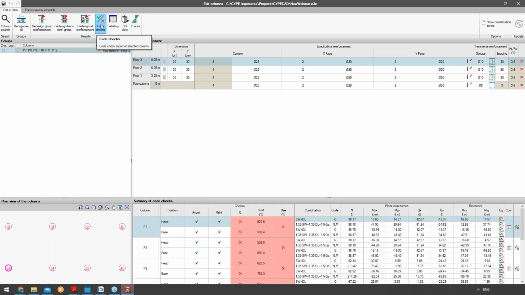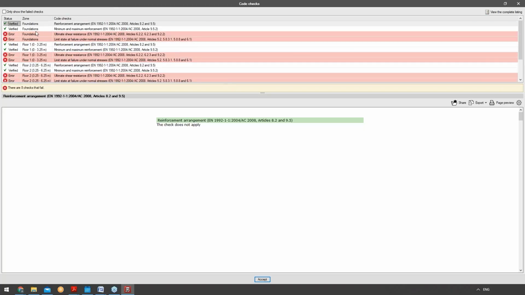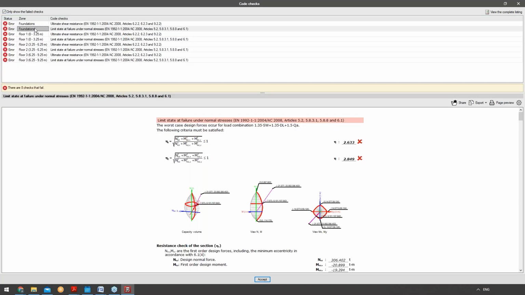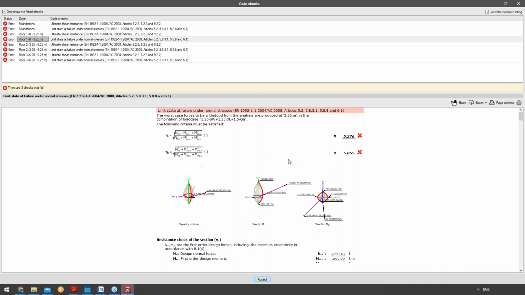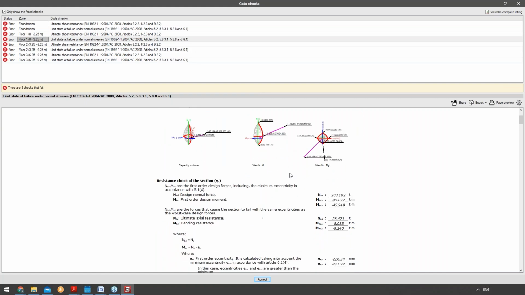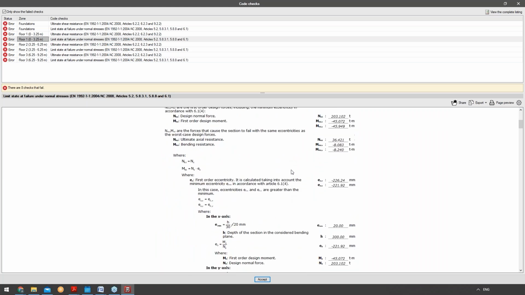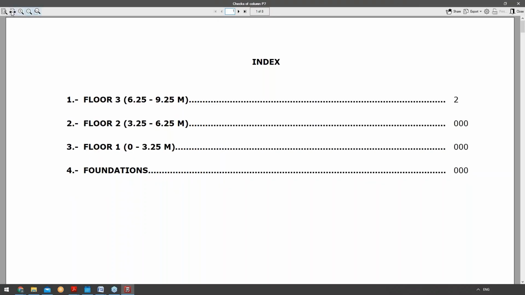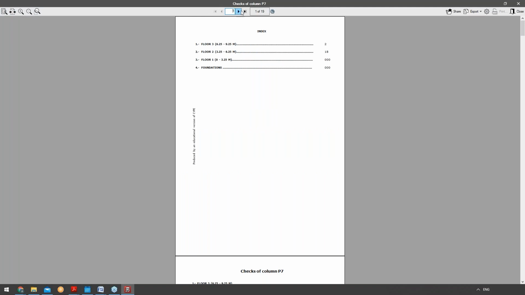I can of course look at some code checks as well. For instance, I can view only the checks that have failed and look at where, and I can get a detailed report of the failures, corresponding to the particular code, and again, corresponding to the zone. So my foundation, you can see here, all the different zones that I've had errors in. I'm able to view those and also look at a sample, a direct takeout from the code as to what I need to do to amend this particular failure. I can again view the complete listing here, and you can see that I'm able to get a report on all the particular errors that are present